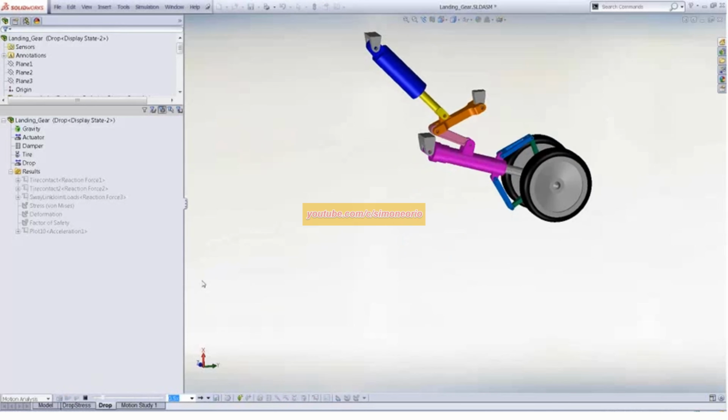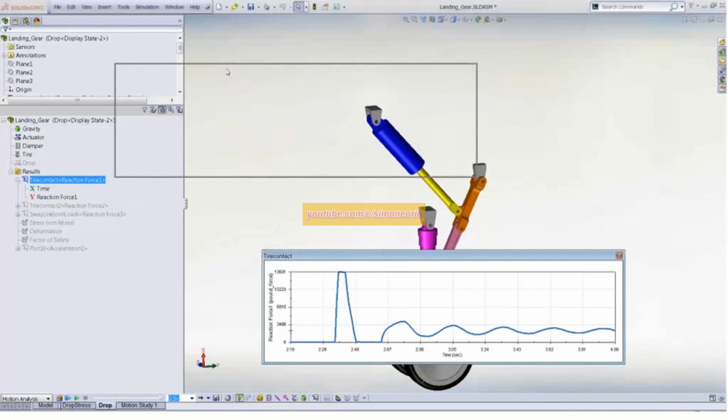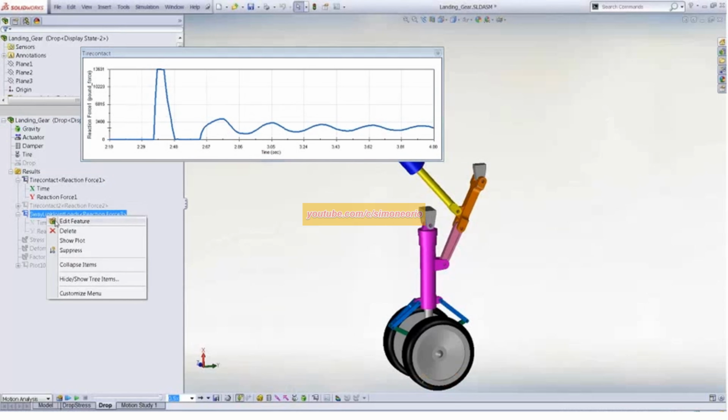So with the motion model, everything is assumed rigid. So we have a palette of tools to create relationships between our rigid bodies in the model. And what we can extract from this model are going to be forces at our different joint locations, forces at our contacts, and general dynamic behavior. For example, we can look at the contact forces on our tires, and we can look at forces between our joints or our linkages.